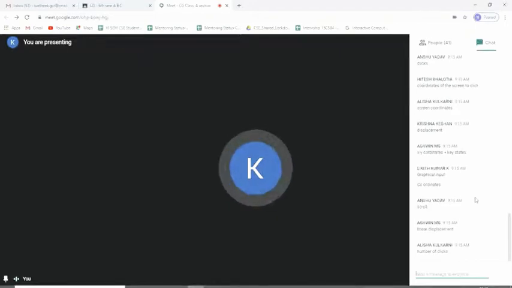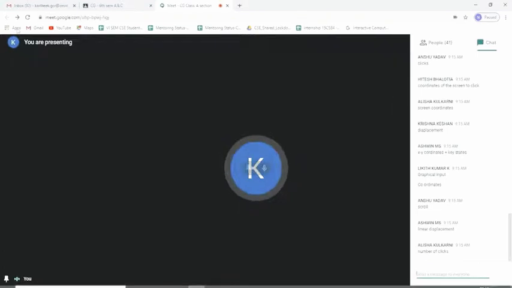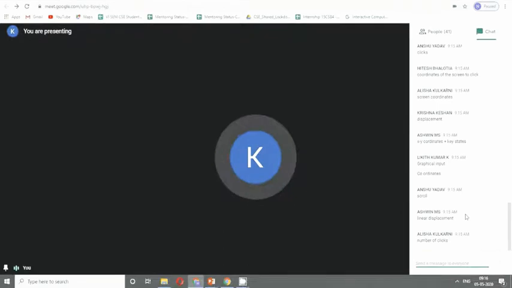Number one, the position at the click. The position can be screen position, screen coordinate, that is with respect to the left top corner. So where have I clicked? Or the position might be with respect to world coordinates, meaning if I click on the screen, where exactly is that position transformed in the world? It can be that. It can be the scroll, as you guys told.